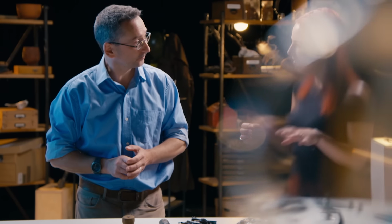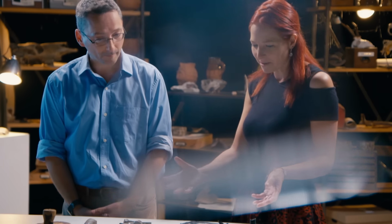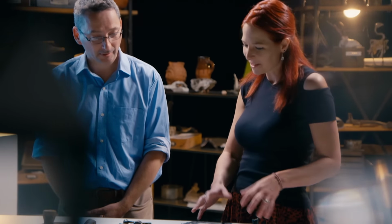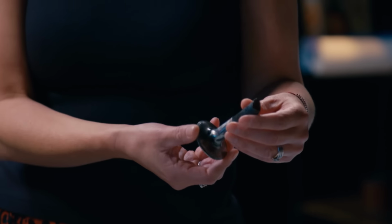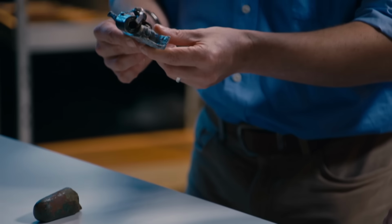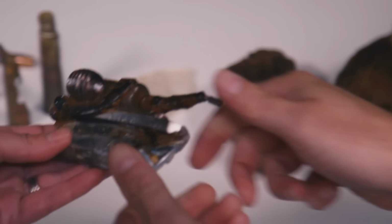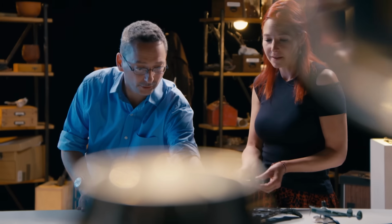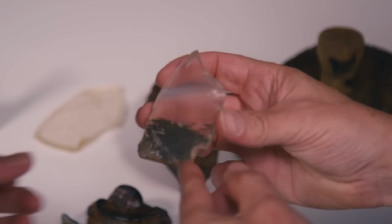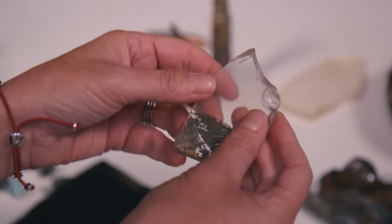I've asked Johnny to bring in some of the finds to see what else we can learn about this plane and its pilot. So what have we got here then? Where do these parts belong to on the Lightning? You've got little inlet exhaust valves from the engine, broken bits of the cockpit latches that lock the cockpit down when you shut it and go flying, and you can see the little serrated buttons here just for locking your cockpit closed. We have some of the perspex, still with the distinct wartime olive drab paint on it,